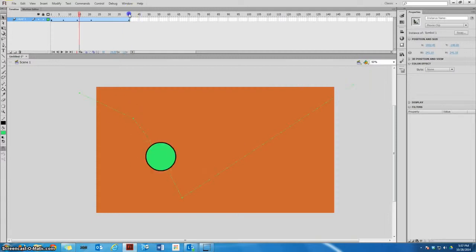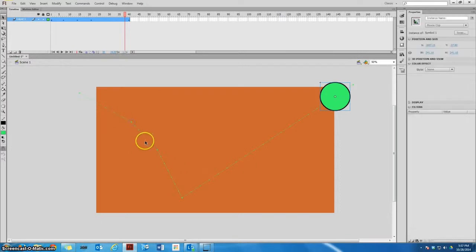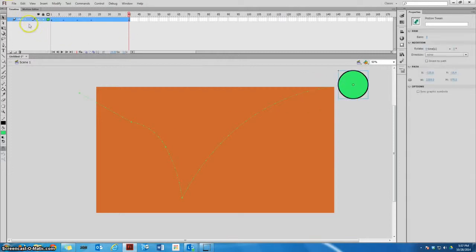The cool thing about this is now I have a motion tween. All I have to do is go in here and adjust these. So rather than it being kind of pointed here, I can actually bend these little points in time, okay, to make it look like it's actually going in whatever trajectory I want, like so, let's say. Okay, let's make this about like this. So now we have a ball bouncing. Okay, how easy is that? Okay, so just so we remember, I'm going to call it motion, to remember that it's a motion tween. And the next one I'm going to add